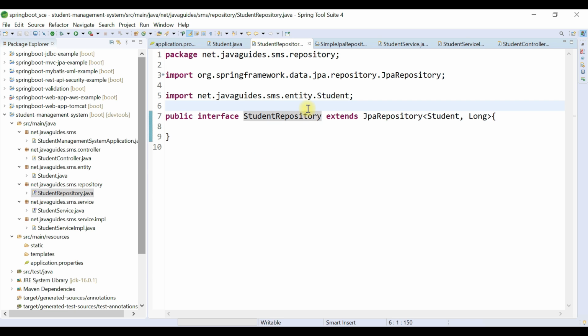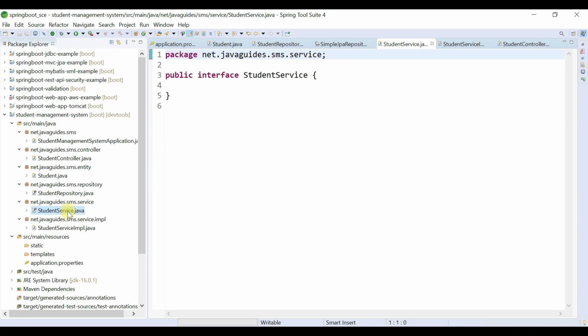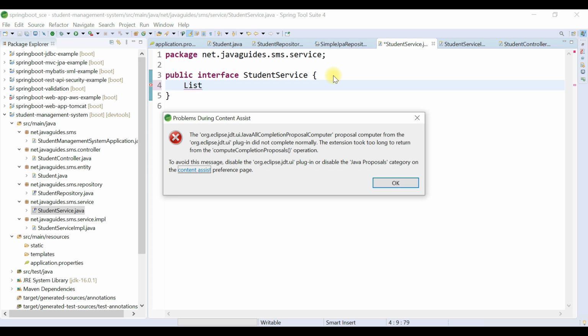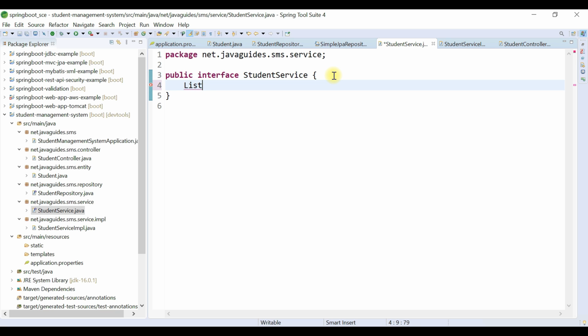So in order to make changes at the backend part, we'll go with the student repository. So the student repository already gets all the CRUD methods to interact with the database, so we don't have to change anything in the student repository. And then next we move to StudentService and StudentServiceImpl. So inside StudentService, we're gonna define a method here that is getAllStudents, returning a List of Student.